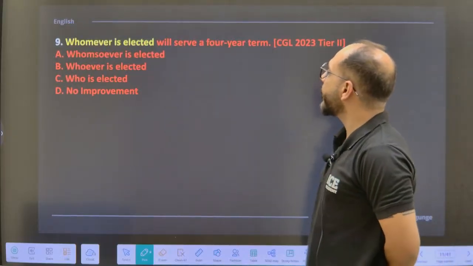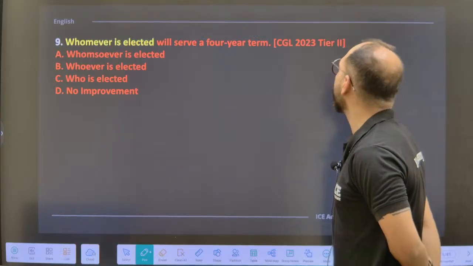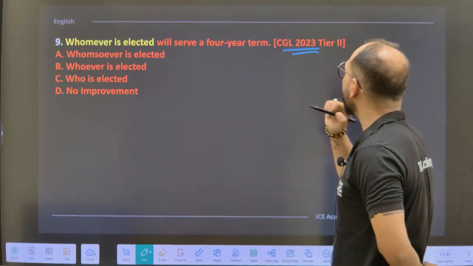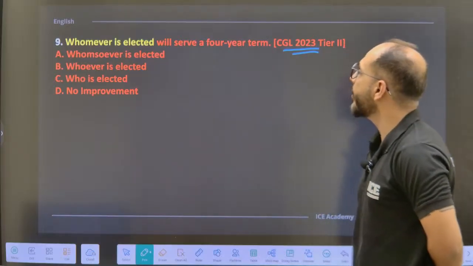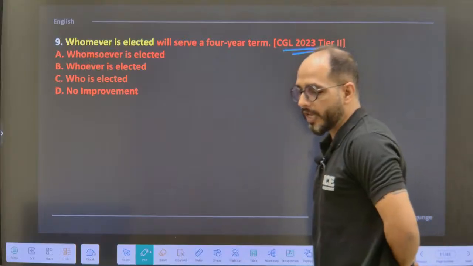Whomever is elected will serve a 4-year term. CGL 2022 Tier 2 year question. Very good question. Whomever is elected will serve a 4-year term. Chalo, তাড়াতাড়ি answer করো তো।